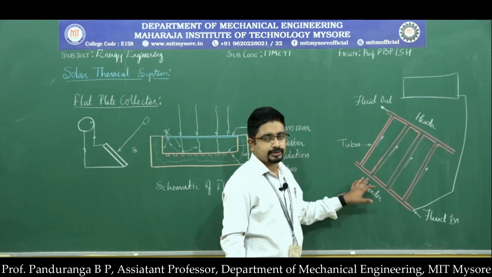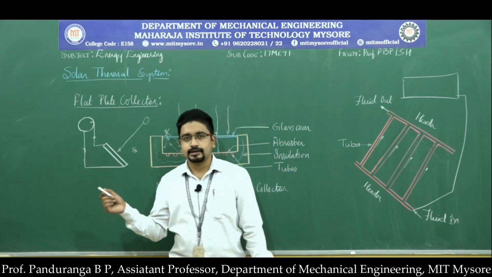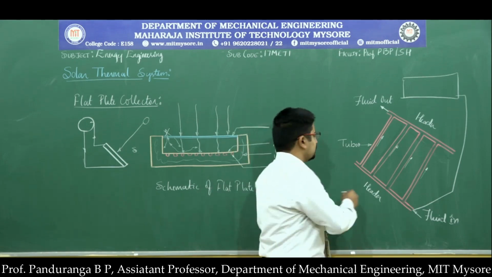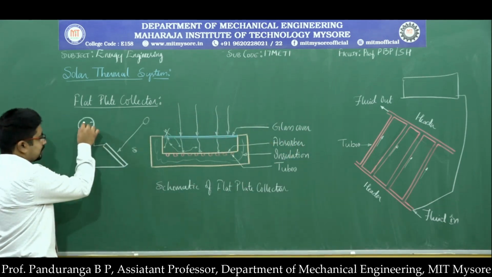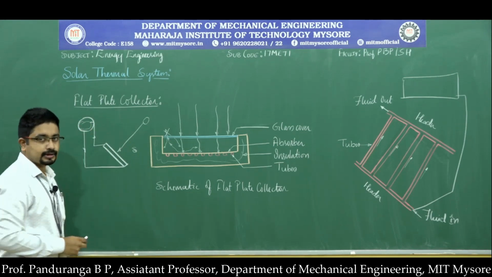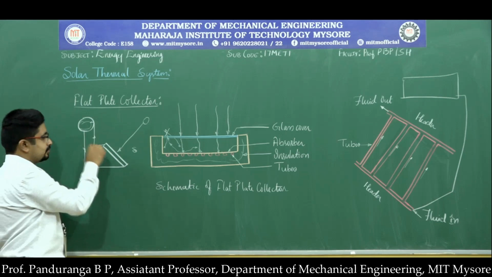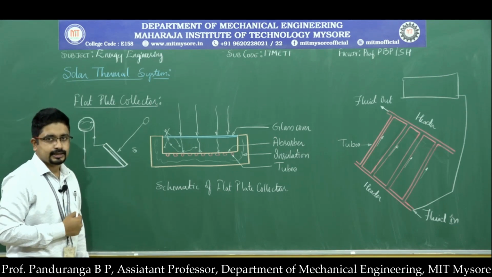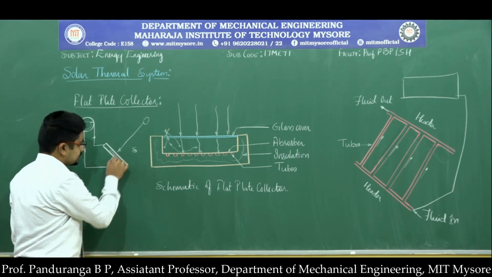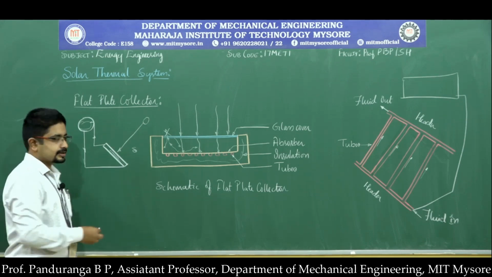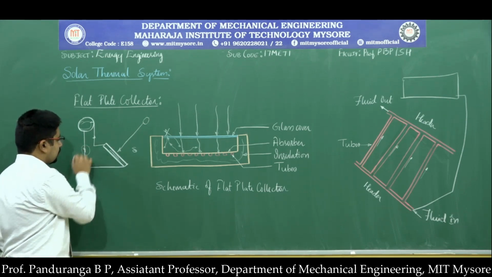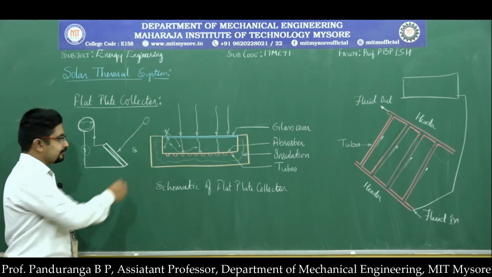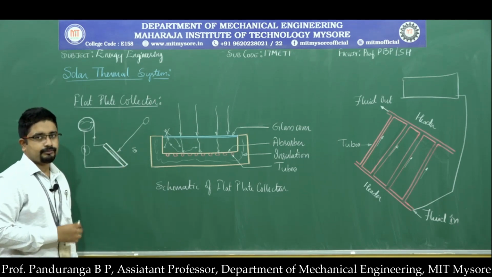So the water will enter from here, and as the water gets heated up, its density reduces, it becomes lighter. Here you can see that the tank already has a certain amount of water and there is no valve here. So when the water present in the flat plate collector gets heat energy, it becomes lighter and its density reduces. The more dense cold water present in this tube will have higher density than the water heated in the flat plate collector.